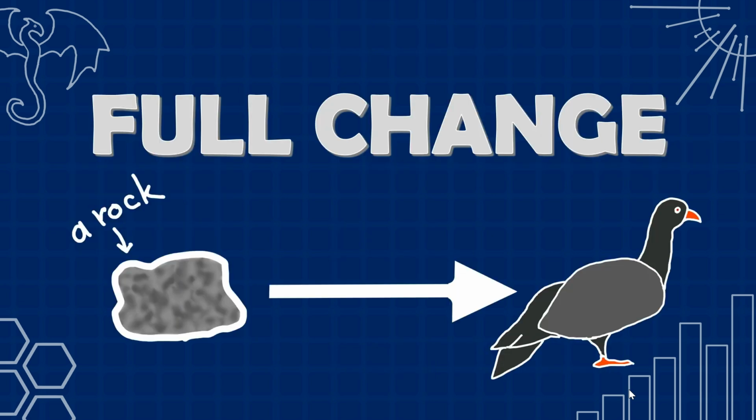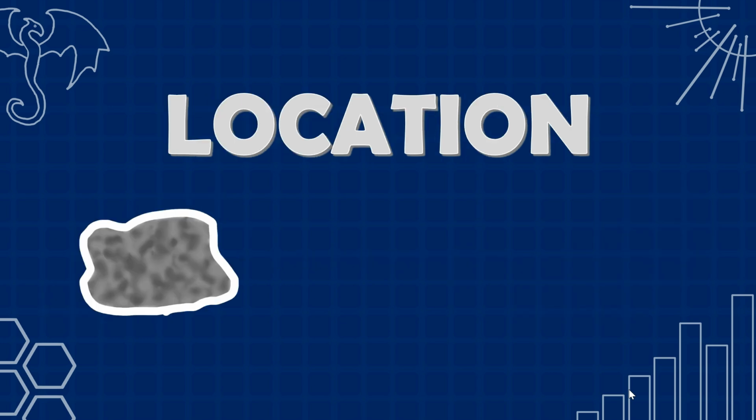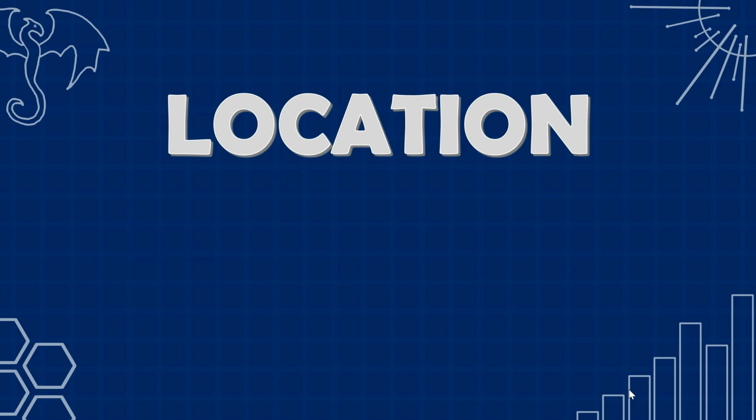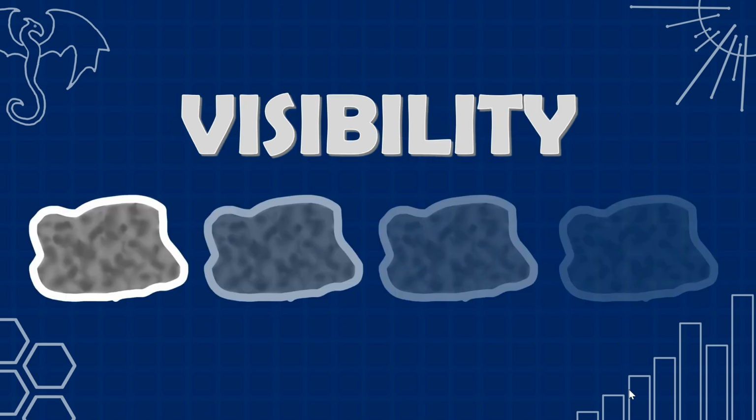While full transformation like rock to pigeon is pretty common, if you want your magic system to stand apart, focusing on a certain characteristic is a great idea, and I'll give you a few examples. A great deal of the good old alchemy focused on chemical changes, especially turning common metals such as lead into precious ones like silver and gold. The location of an object is affected in teleportation, be it through portals or the apparition spell in the Wizarding World universe. Visibility is played with when something is turned invisible.